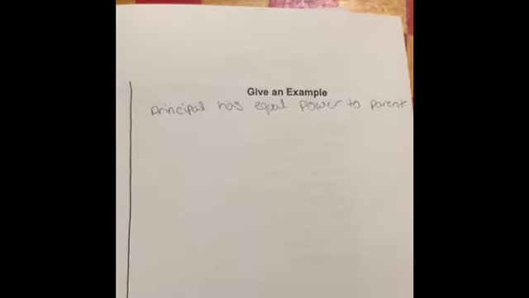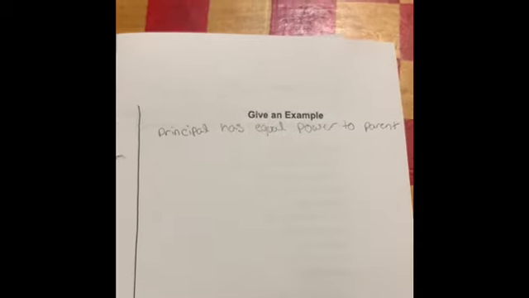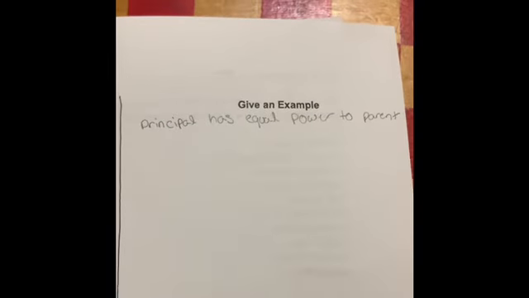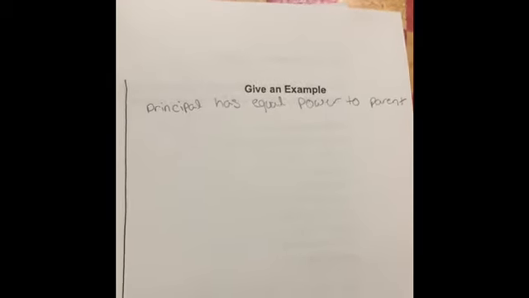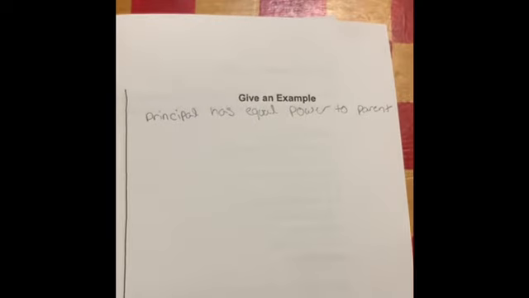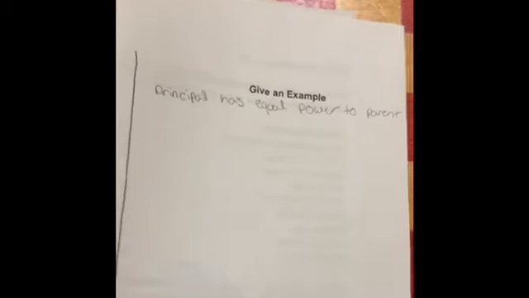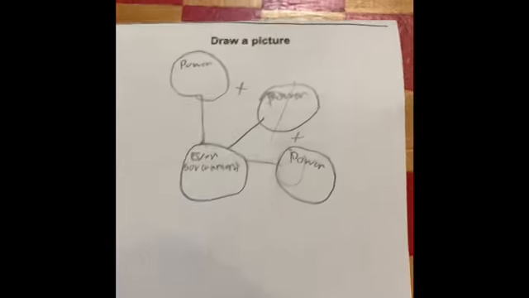Here was an example that kind of put it into maybe terms that affect your life. It says the principal has equal power to the parent over a student. You could also say, in terms of who has a role in schools, the principal, the teachers, the parents, the students. We all have a role in the schools, and so we've divided up power over what each of us is in control of.